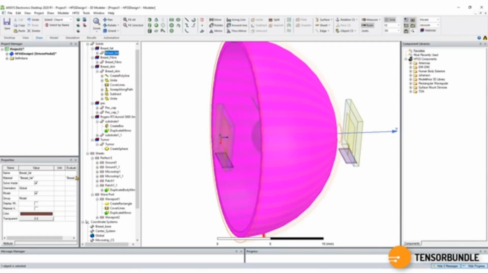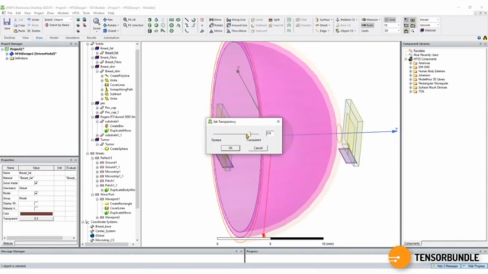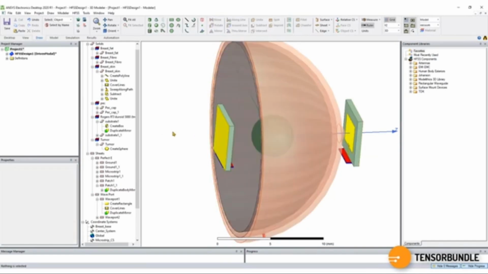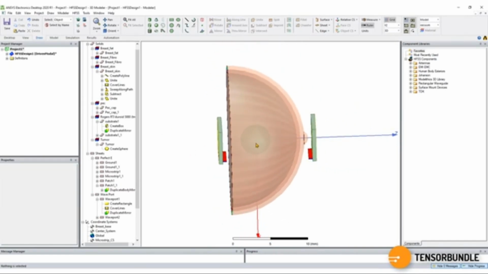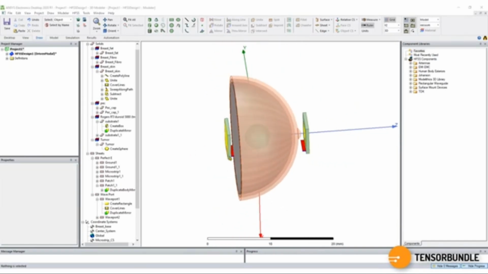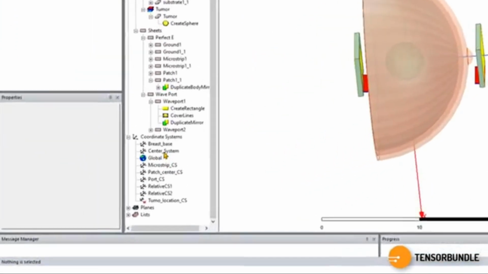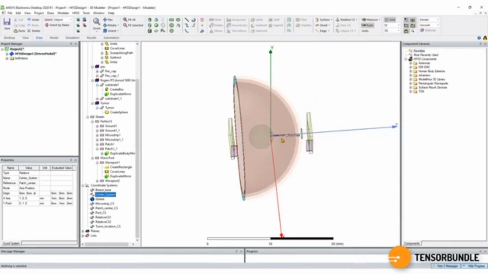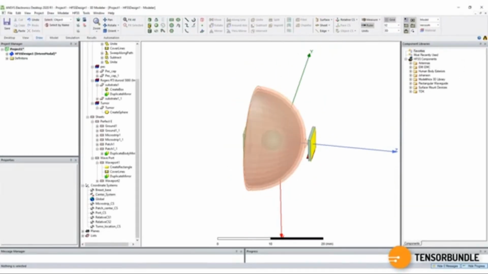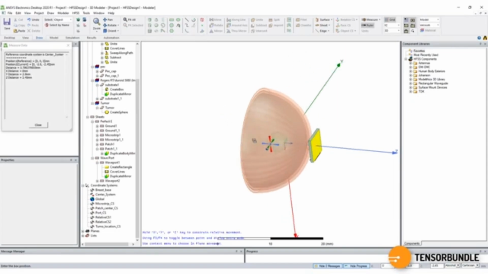So if I simply increase the transparency level, you can see the tumor inside. So we have designed everything, but we have to also design the radiation boundary now. So for that, select center system, this coordinate system, go to rectangular box,